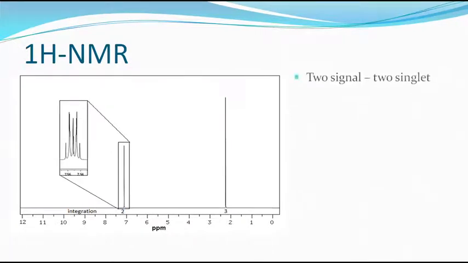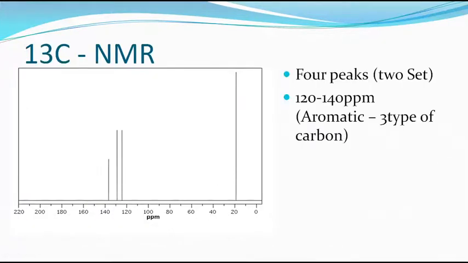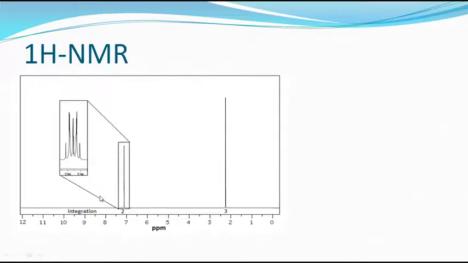In the proton NMR, there are 2 singlets, but the one that looks like a singlet, if you look closer, is a multiplet. We have seen a splitting in C13 NMR, and similar splitting is observed in the proton NMR. Around 7 ppm is the aromatic proton region, with 4 different protons. The integral ratio is 2:3.